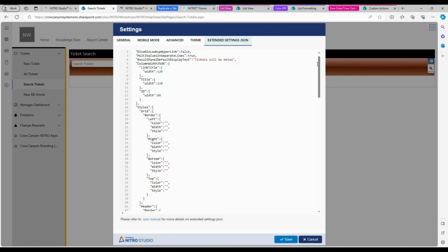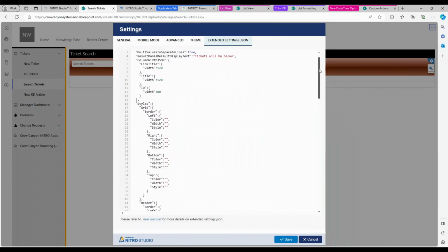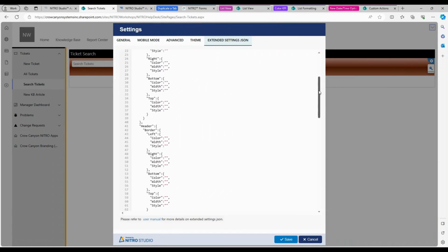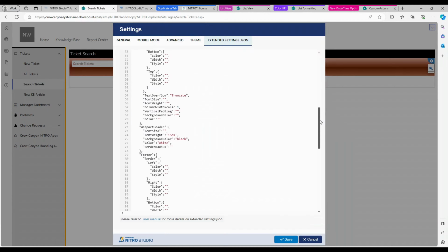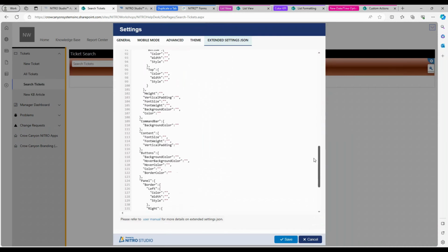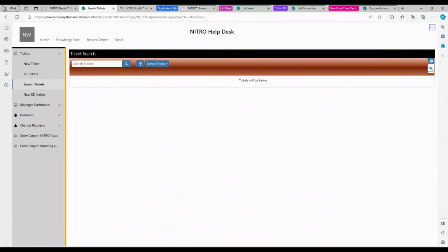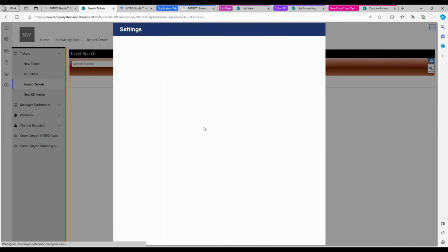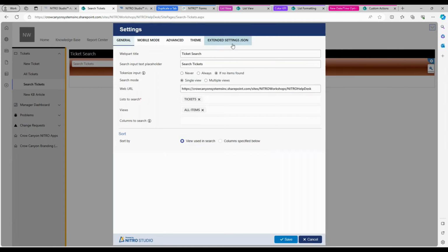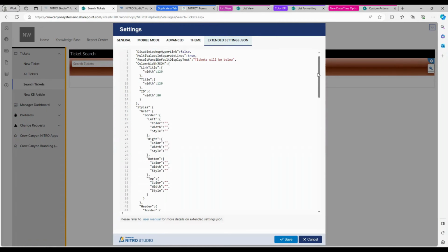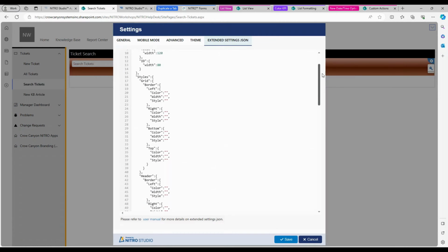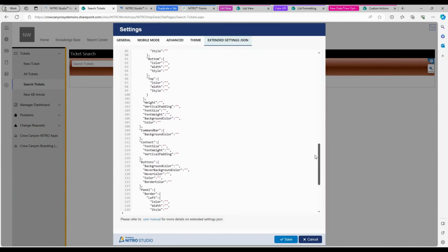But now there are some more options for the border control and background color of buttons. You just look through and find the buttons section. You can see right here, here's buttons, and we could change the buttons. Now we're talking about these buttons here, like this little button that you can see in the background, these buttons right here that are a little more prominent. If we change those, you'll notice there's this blue with a white background right now. But if we come over here to the extended settings JSON and scroll down to where it says buttons,